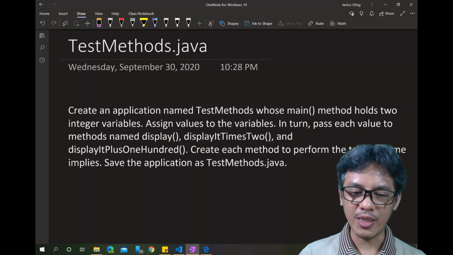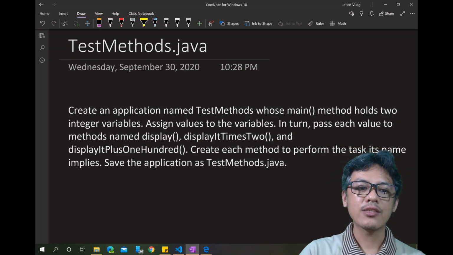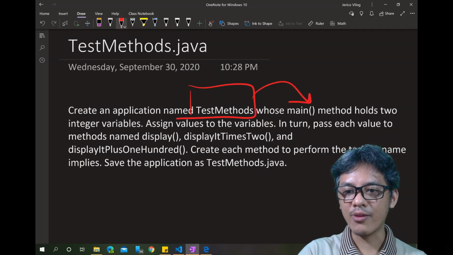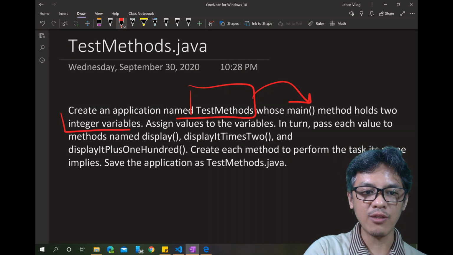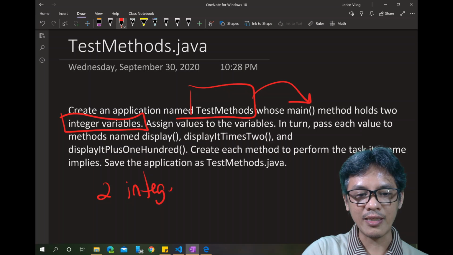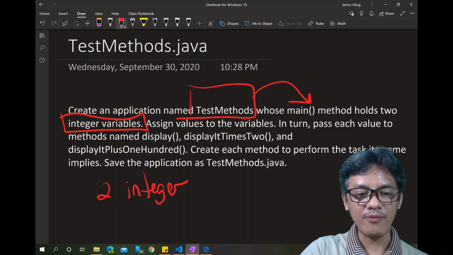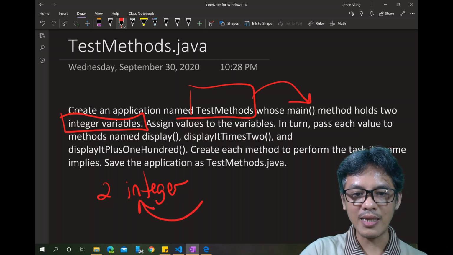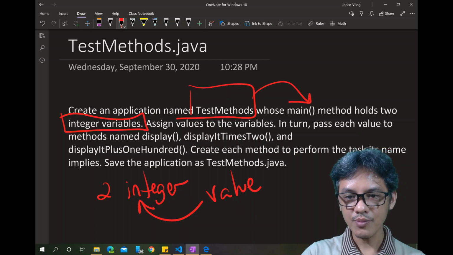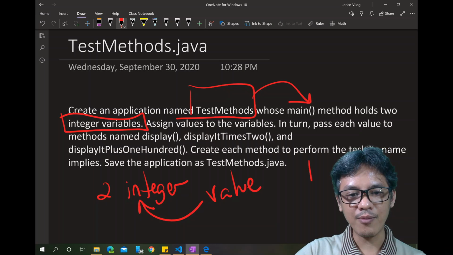testmethods.java. So, gagawa muna tayo ng application na kung saan gagawa tayo ng basic method. So, create tayo ng application named testmethods na may main method that holds two integer variables. So, dalawang integer ang gagawin natin. Then, assign values to the variables. So, sa dalawang variables na yan, mag-a-assign tayo ng value. So, magsiset na tayo. In turn, pass each value to method. So, meron tayong method na